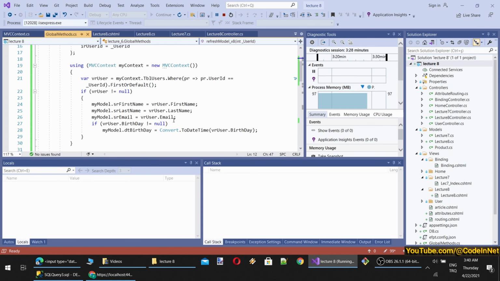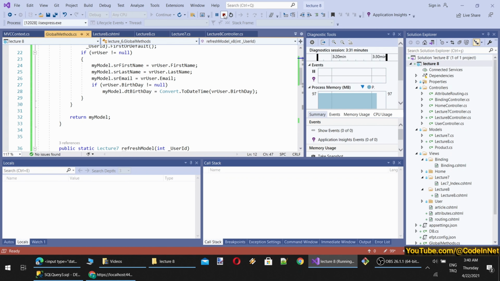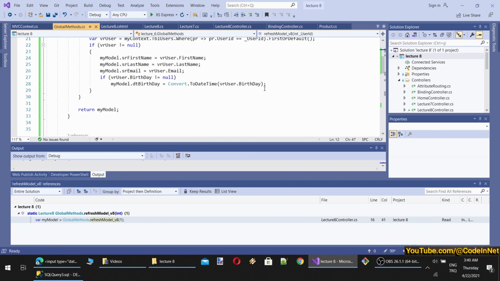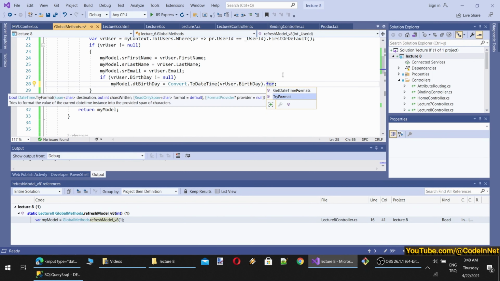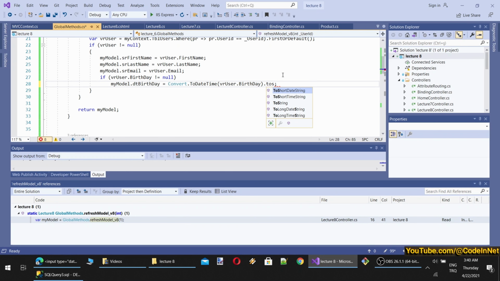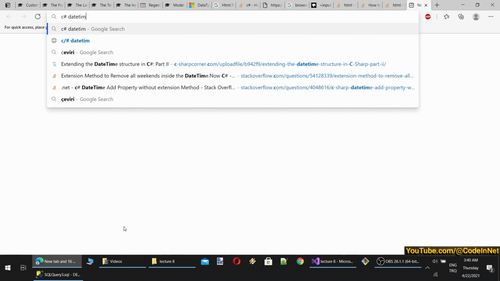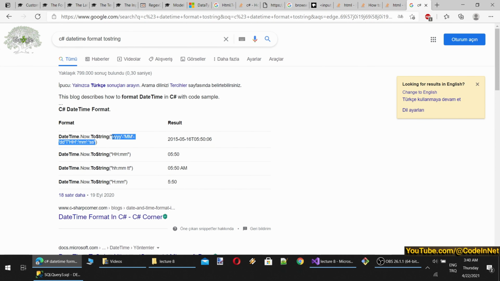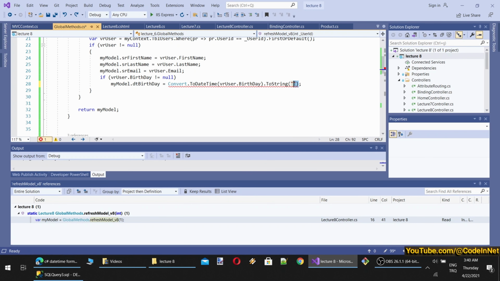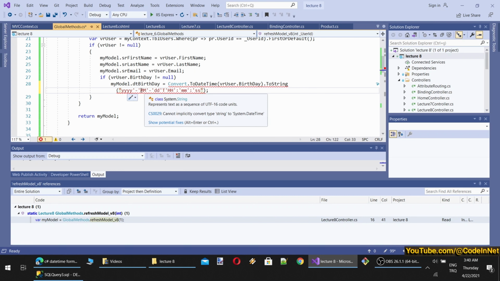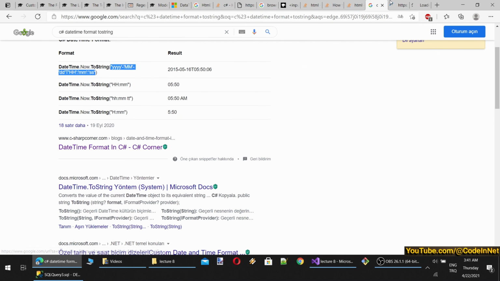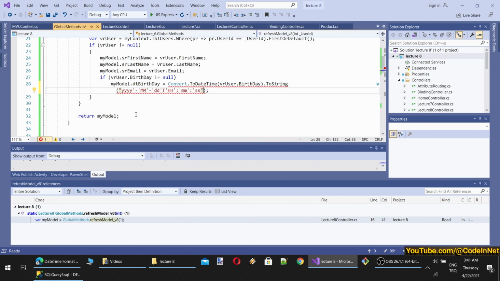Let's go there. And when we read email, we are going to format it specific to something. Okay, try format or ToString. Yeah, here, C sharp date time format string. See how can we do it. Okay, simply like this. Okay, what we need is year, month, and date. Let's open it. I think it will be something like this. Year. So no, don't have this.